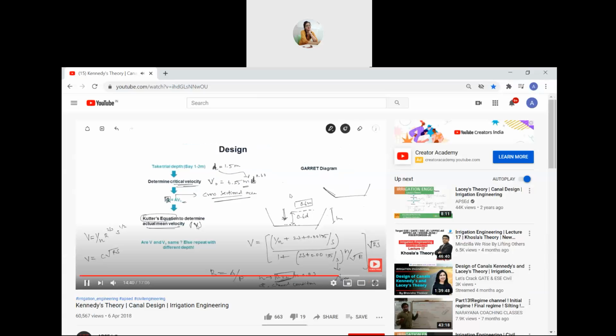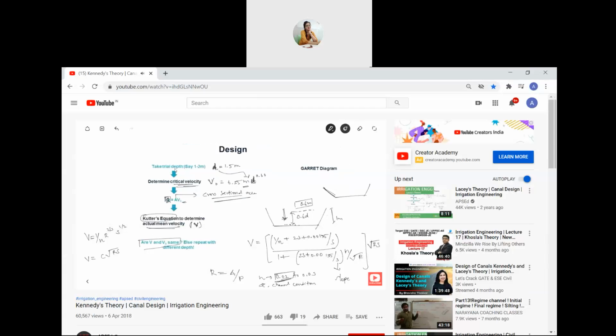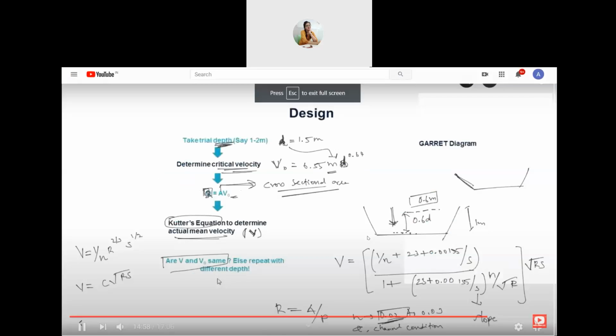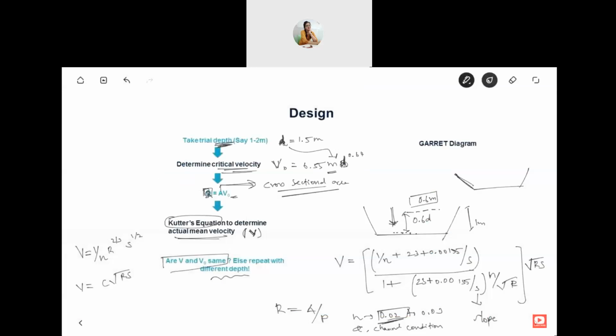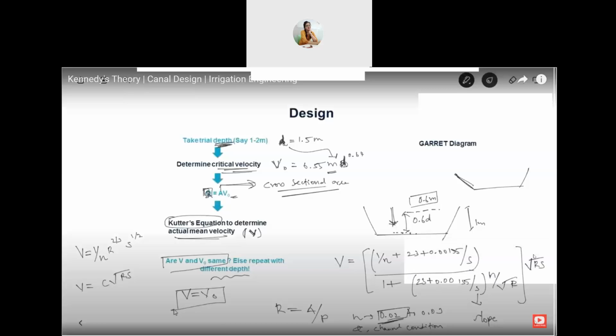So if this actual mean velocity and critical velocity are the same, then that is your trial depth. That is your depth and the area which you calculated. So that is your final design. If V and V naught do not come out the same, you have to repeat it with a different depth, and you have to keep on repeating this process until V equals V naught. So obviously in this there are a lot of